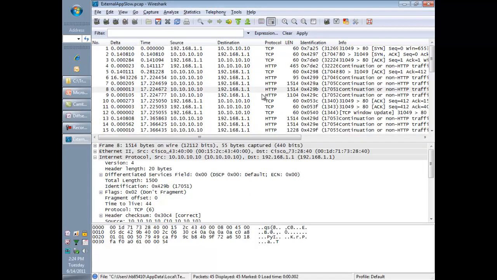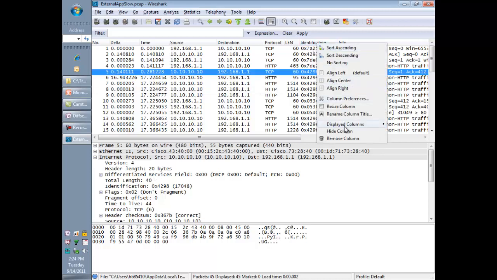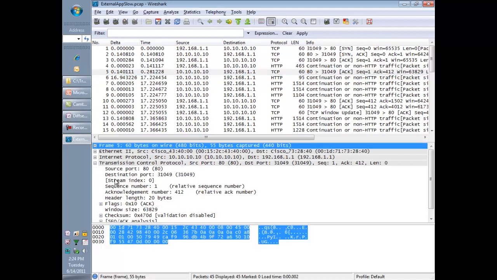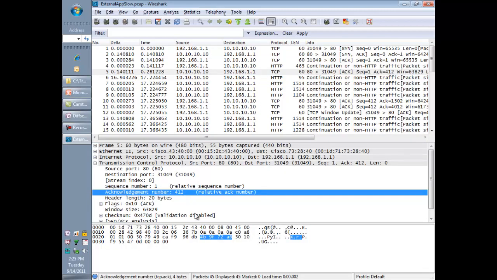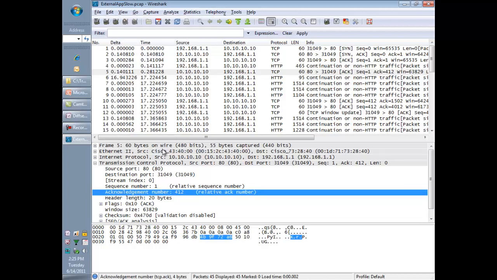I haven't had time to do it, is I turn on relative sequence numbers. The reason why relative sequence numbers are nice is that if you haven't seen it, TCP sequence numbers are what kind of numbers? It's a 32-bit number, pretty large. So instead of looking at 412 versus 1, if I look at a real TCP sequence number,